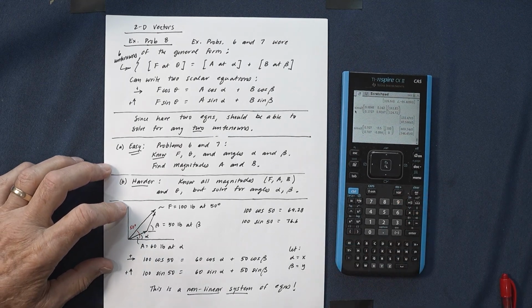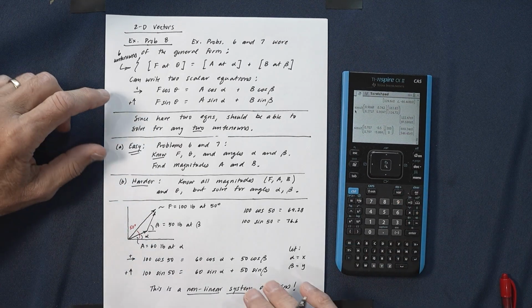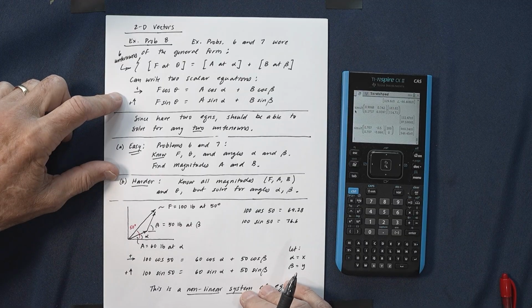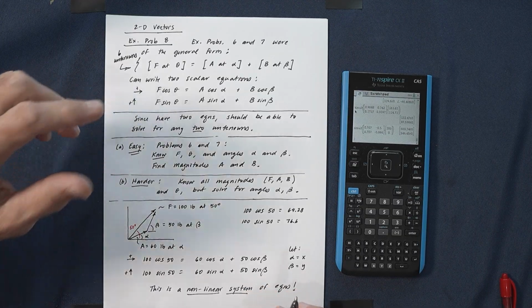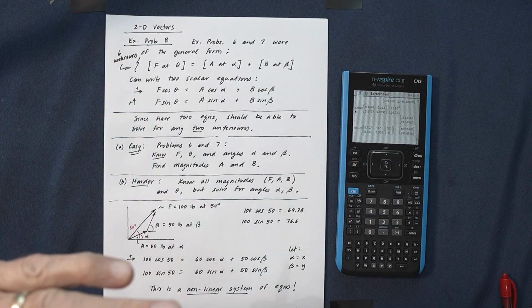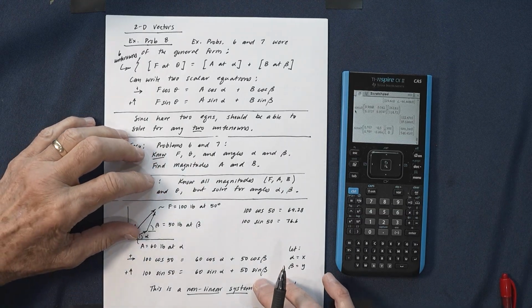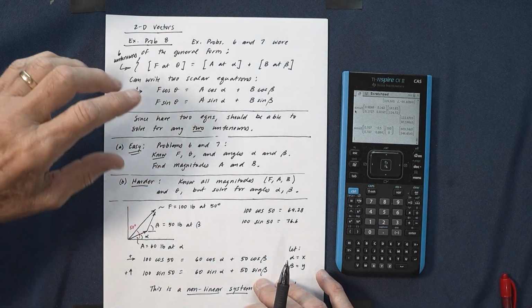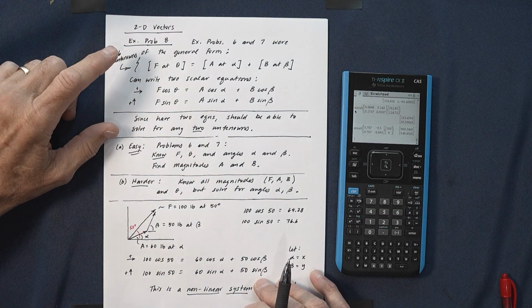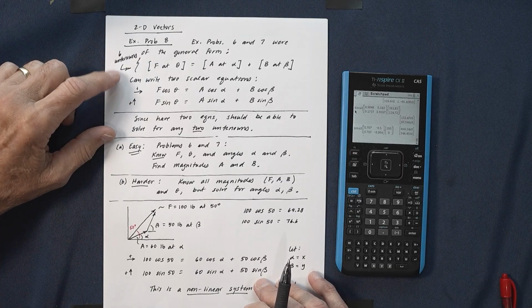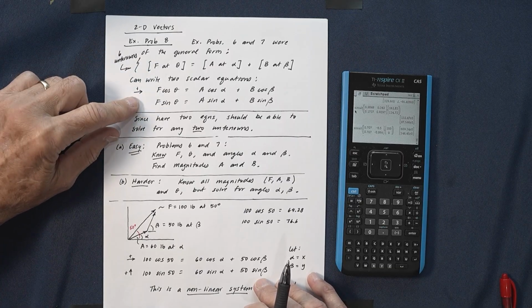This is example problem 8. So our previous two questions, we were looking for the components of forces that act along certain lines. And we ended up with a triangle. But if you stop and think about it, all those two previous cases